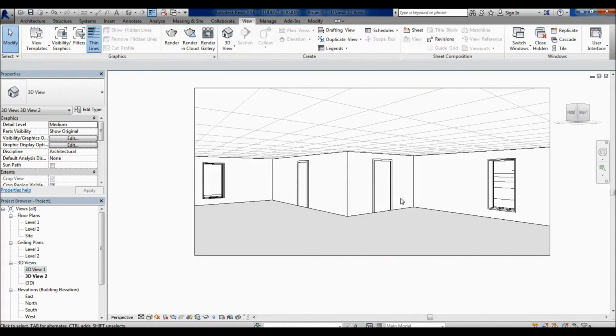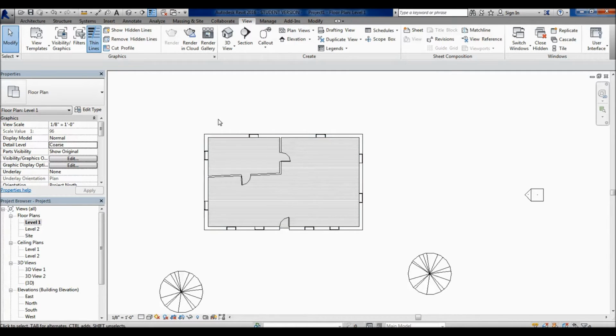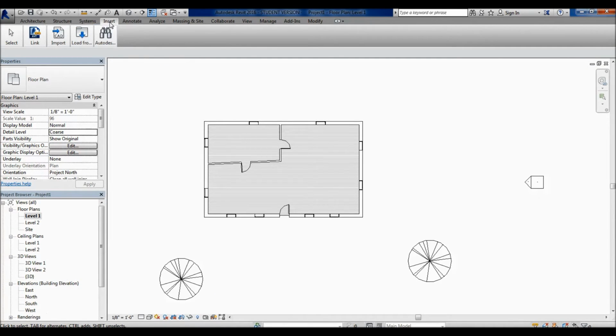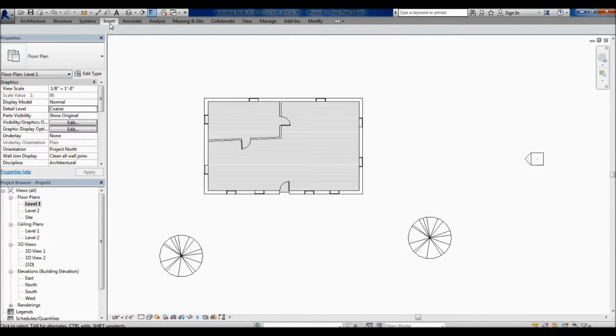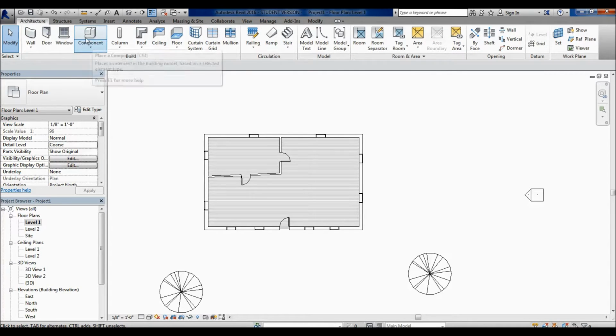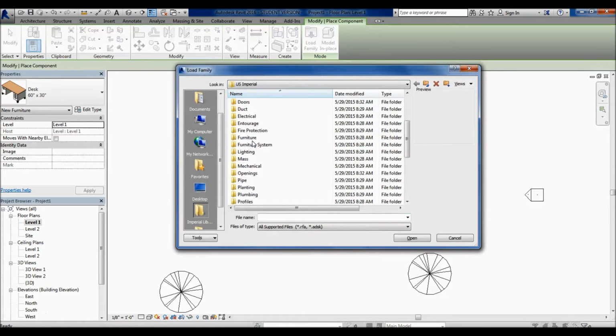What I'm going to want to do is place some light fixtures here. So if we go back to the floor plan, right around this area, I'm going to place a couple light fixtures. So if I go to insert, either insert to load family, or if under architecture, I go to component, I'm going to go to load family,